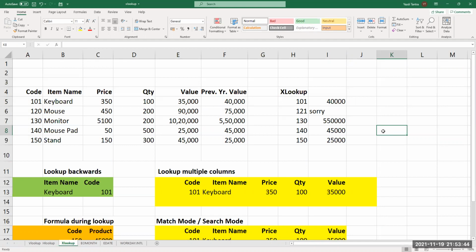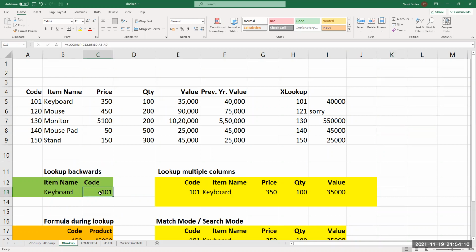Now in VLOOKUP, we also had this problem that whatever you are looking up should be on the leftmost column, correct? In XLOOKUP, that problem is not there, because now both are independent, and therefore you can come here and say, I want to see the code for keyboard.